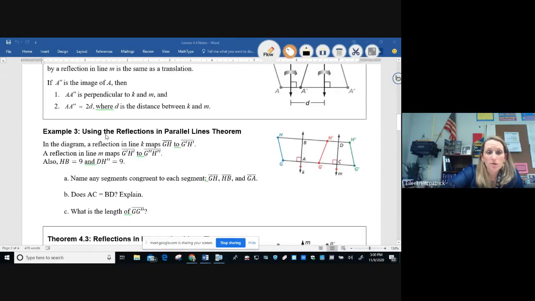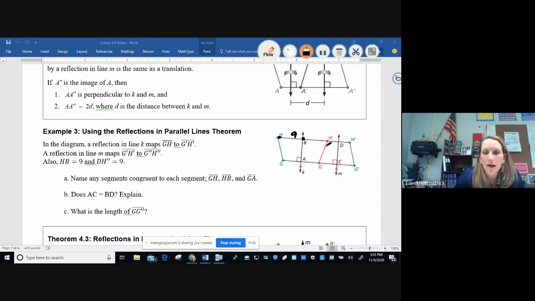Okay, so example 3, using the reflection parallel line theorem. In the diagram, a reflection in line K maps segment GH to G prime H prime, as you can see, right? Here's my blue original, here's my prime after I reflected over K, and then a reflection in line M maps the prime one to the double prime one. So just like above, I'm going to flip, and then I'm going to flip again. All right, so it says, also, the distance from H to B, so from, gotta get my pen, sorry. So from here to there,